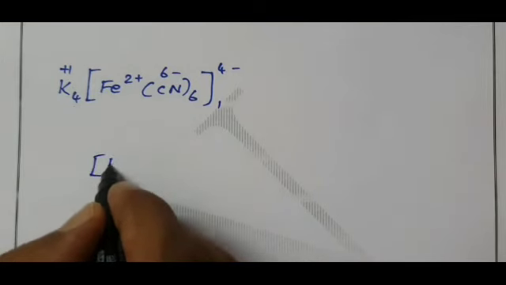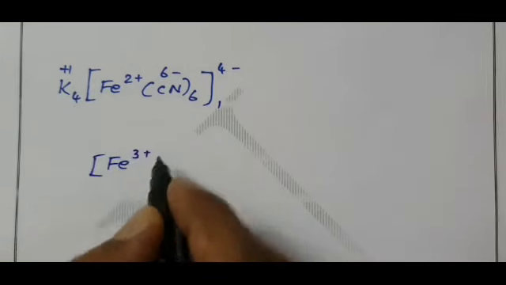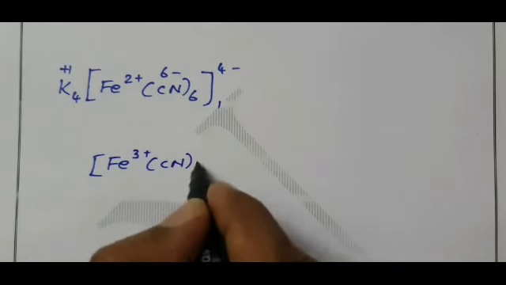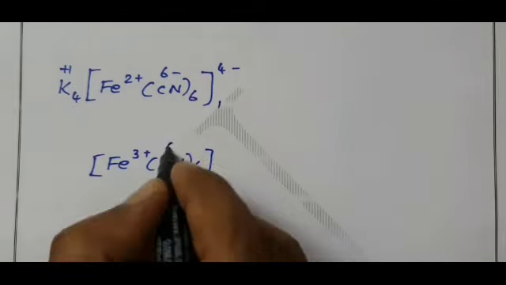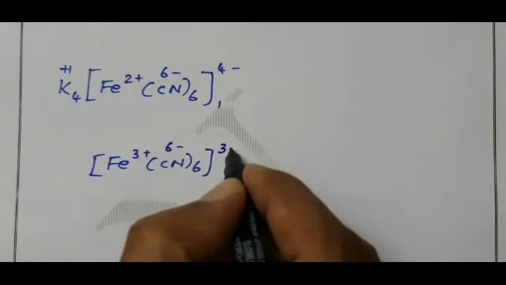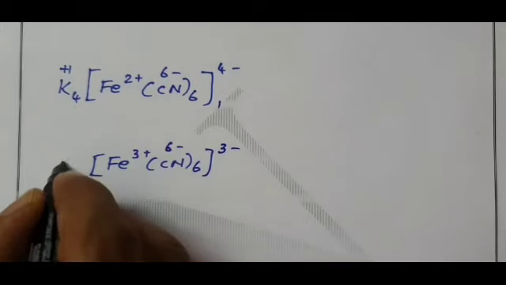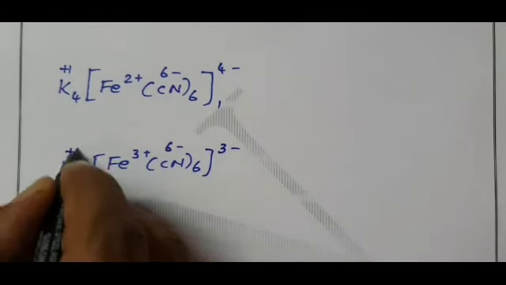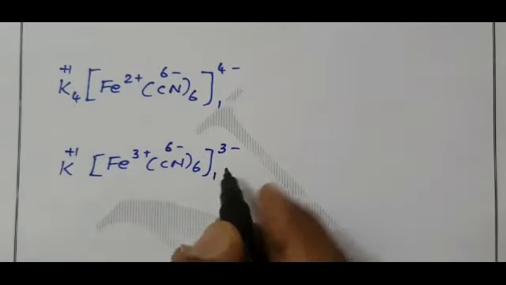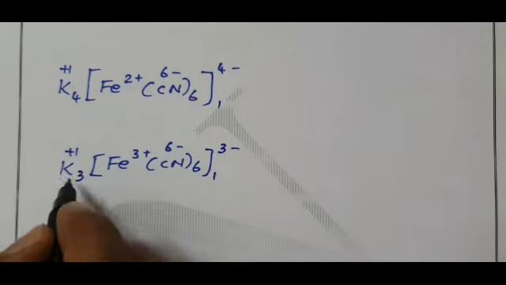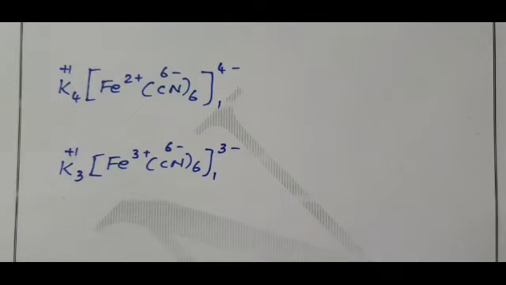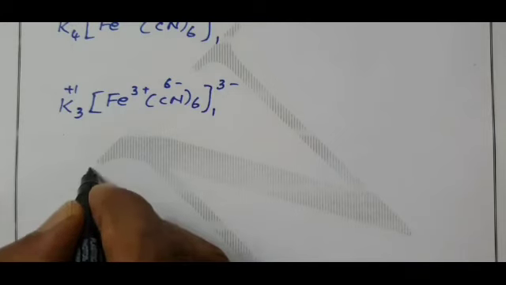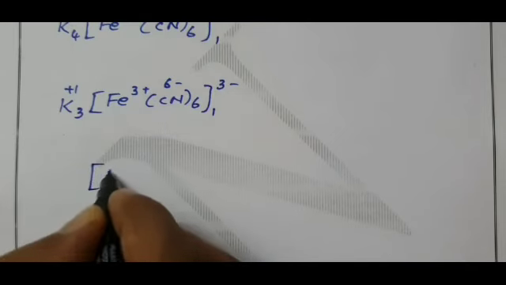Now starting with Fe 3 plus, same cyano complex CN, coordination number 6: 1 CN 1 minus, 6 CN gives 6 minus. When you add these two you will get 3 minus, so that is neutralized by adding potassium 1 plus. The potassium oxidation state should be written here, that complex 3 minus, that 3 is here. This is the common name potassium ferricyanide. Mixed ligand we are going to write with Fe3 plus and Fe2 plus.